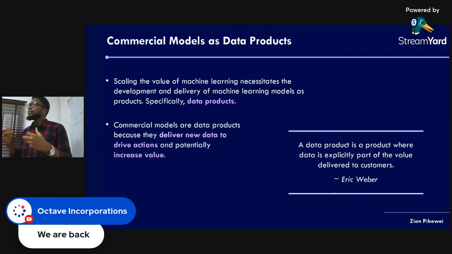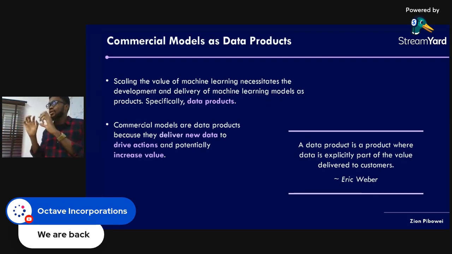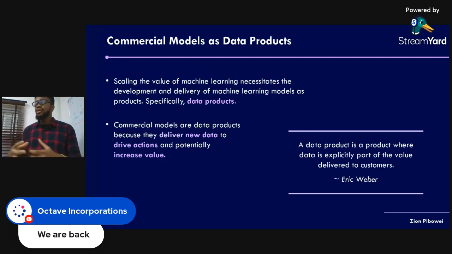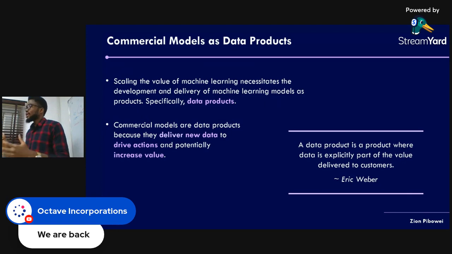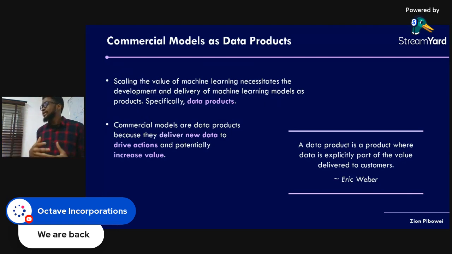And when we begin to look at models in the light of data products, our thinking changes. When you start out in machine learning and you start building models, it's all about the accuracy, all about the performance, all about 99% accuracy. Our models are predicting well and all that. But by the time you come to the industry, the business doesn't care about your accuracy scores. They care about money. How do you convert that data to dollars? We are not just interested in the accuracy scores. We want to see numbers. We want to see money. All right.